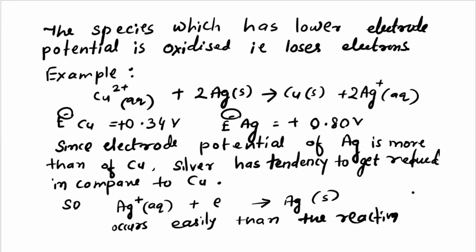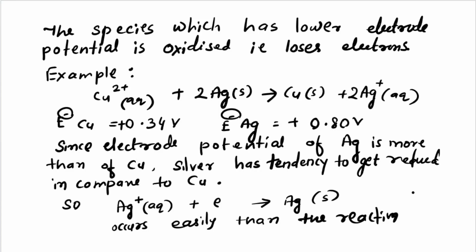You can't just look at one reaction and say that Cu2+ always has the higher value. No. You should compare with the other electrode and see what its standard potential is. Here the standard electrode potential of Cu2+ is 0.34, whereas silver is 0.80. That means the standard electrode potential of silver is higher than copper. So Ag is taken as the cathode, and Cu is taken as the anode. Since the electrode potential of Ag is more than copper,